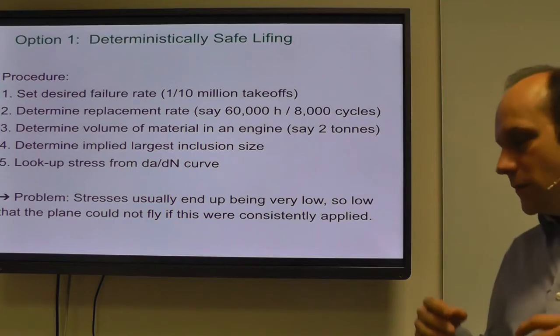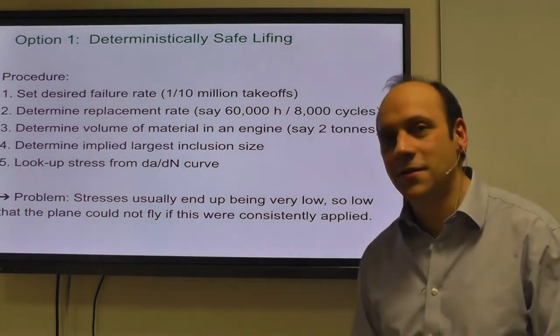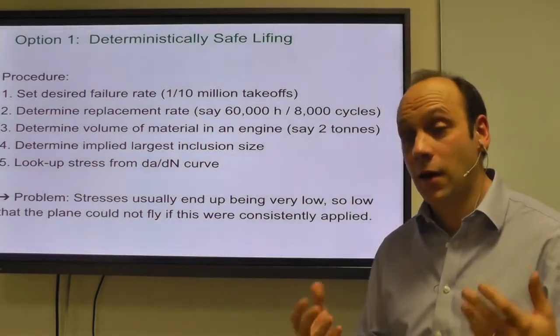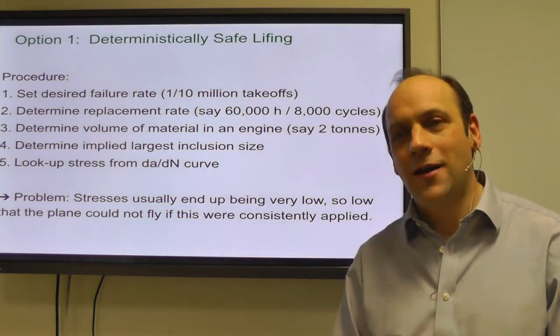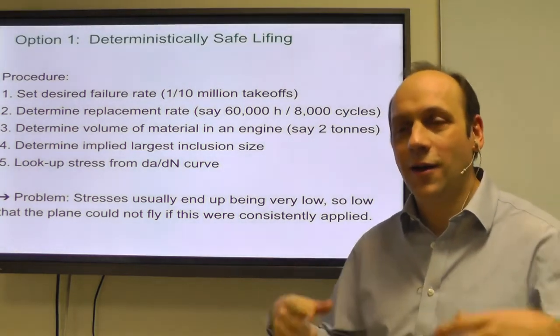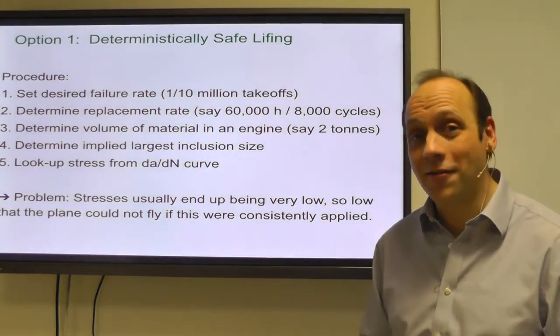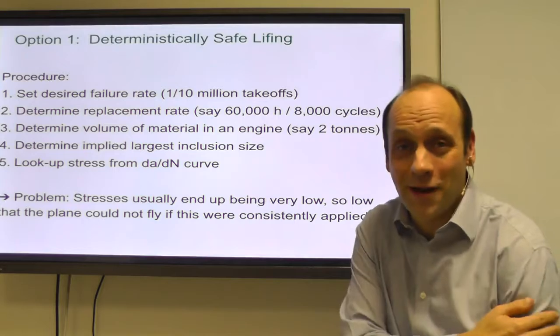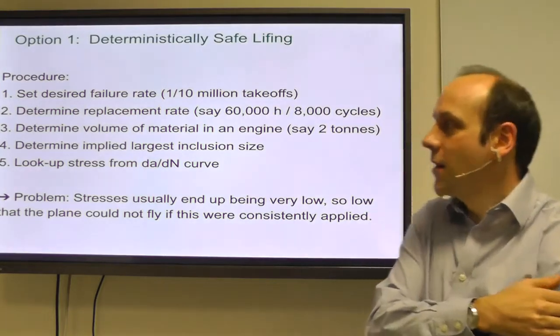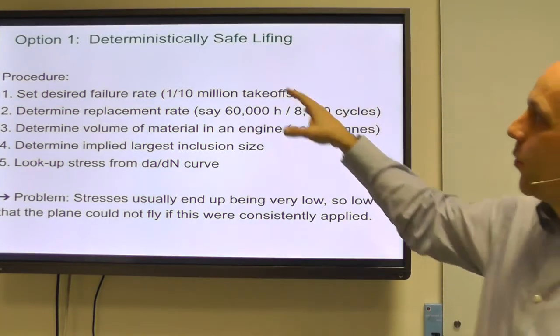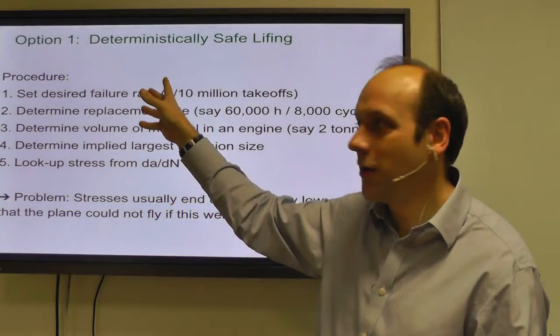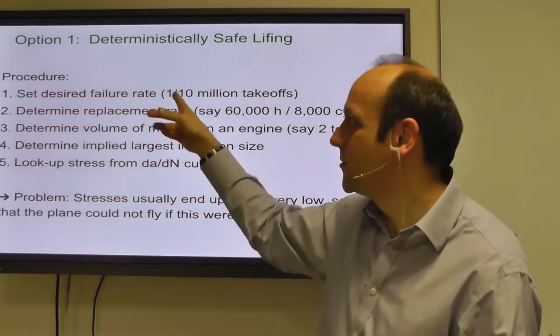And therefore, the stress that I will be able to safely tolerate will be very low. And therefore, I would end up with a very heavy jet engine and a very heavy plane, and I'd never get off the ground. Certainly not with an engine that would be efficient or saleable. And notice that while I've called this deterministically safe lifing, it's still from a probability distribution with a desired